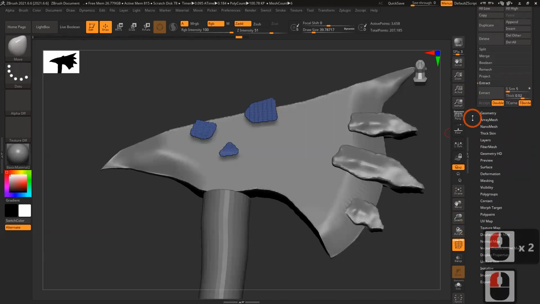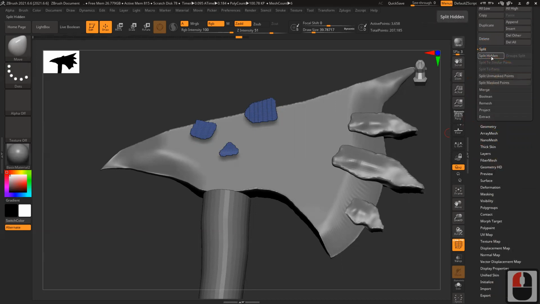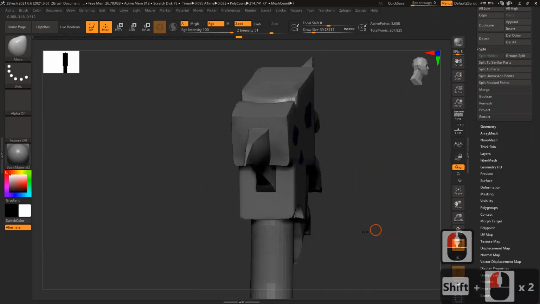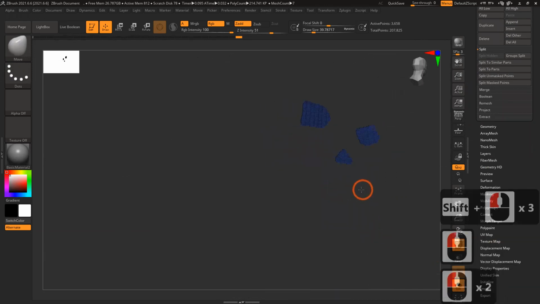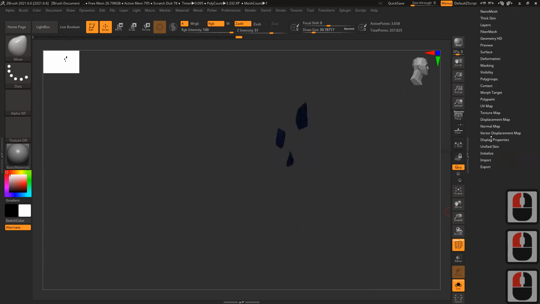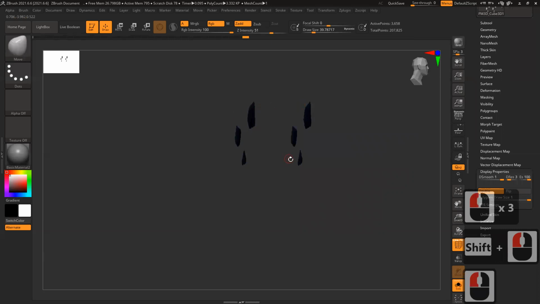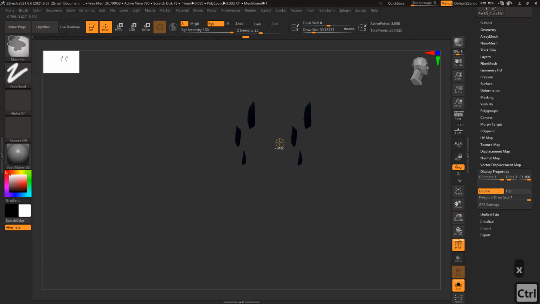Subtool, split, you can see hidden. These two model parts become separate and they are hidden now, like two different parts. Isolate. See, to both the sides. If you can't see because of backface culling, go to display and switch on double, so you see both the sides. I just want to hide and delete one part. So press X, switch on the symmetry, Control, Shift, Alt, all three buttons together and, oh sorry.